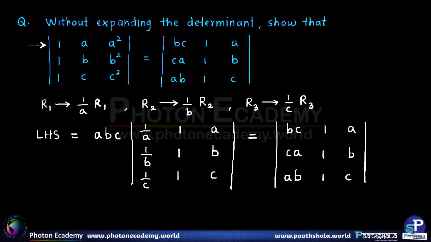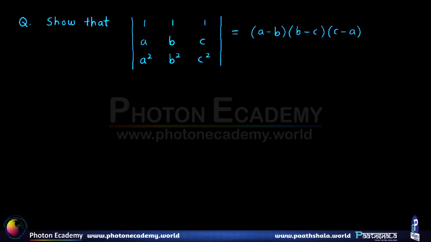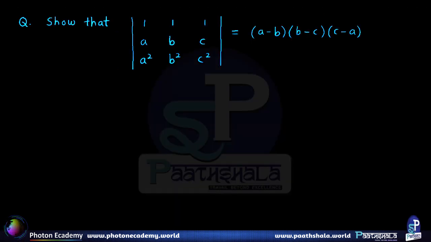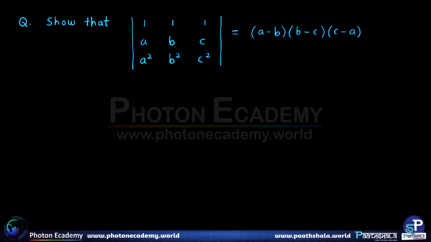Now let's move on to another question in which we have to show that this particular determinant is equal to the product of three factors shown on the right hand side. So this is slightly another different variety. Now to tackle this, let us observe that on the right hand side we have, say as an example,